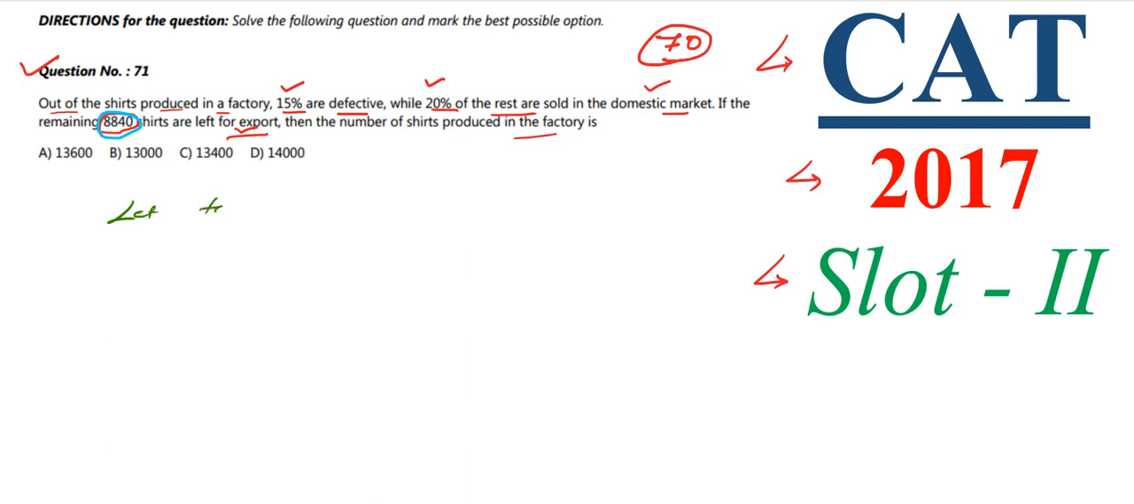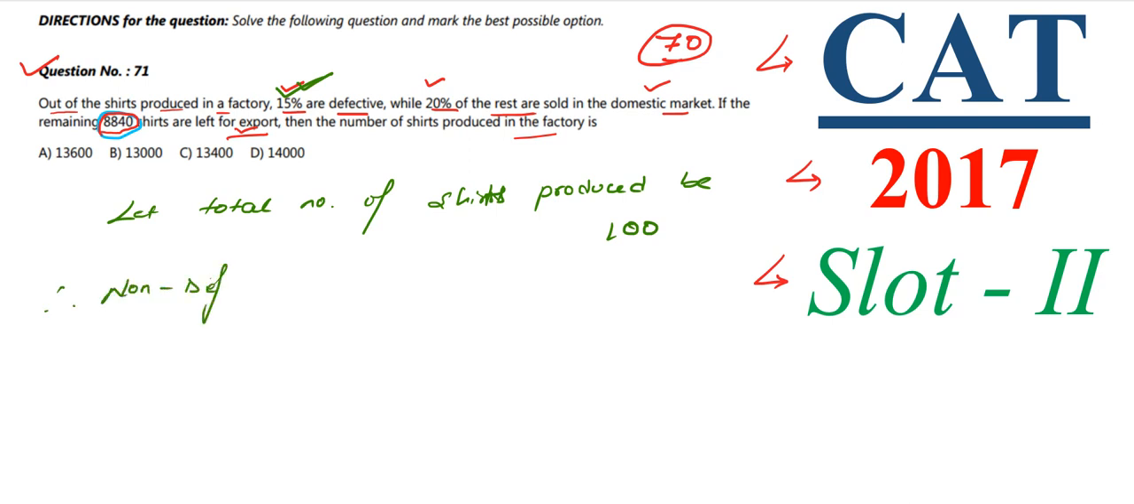So let the total number of shirts produced be 100. Therefore 15% are defective, therefore non-defective is equal to 100 minus 15, which is 85. So out of 100 shirts, 85 are not defective, and out of these 85, 20% are sold in the domestic market. Therefore remaining will be